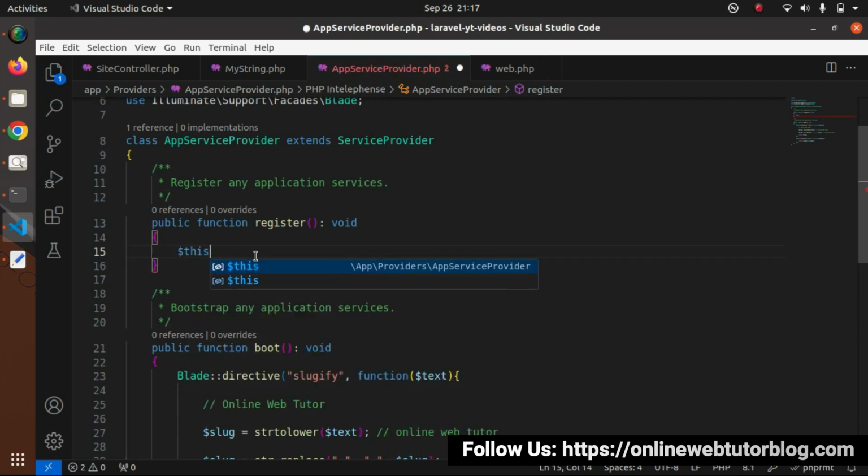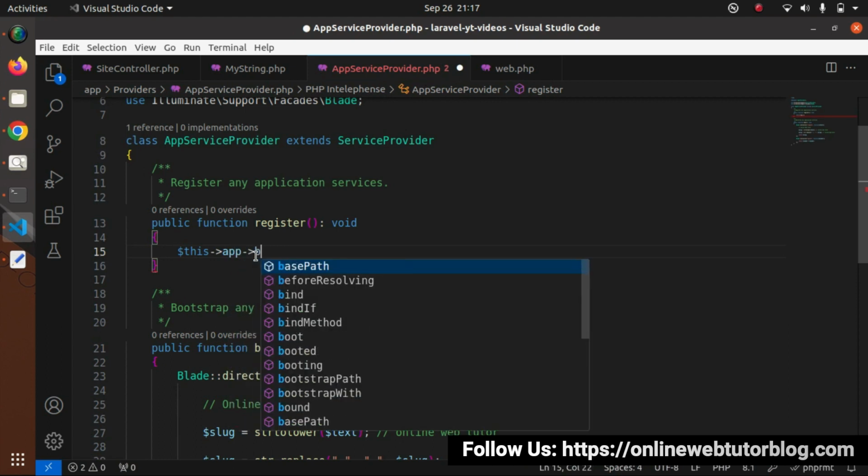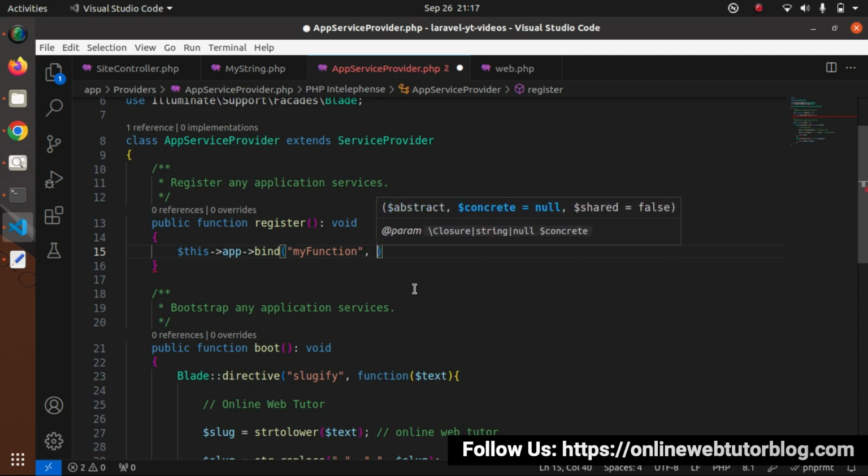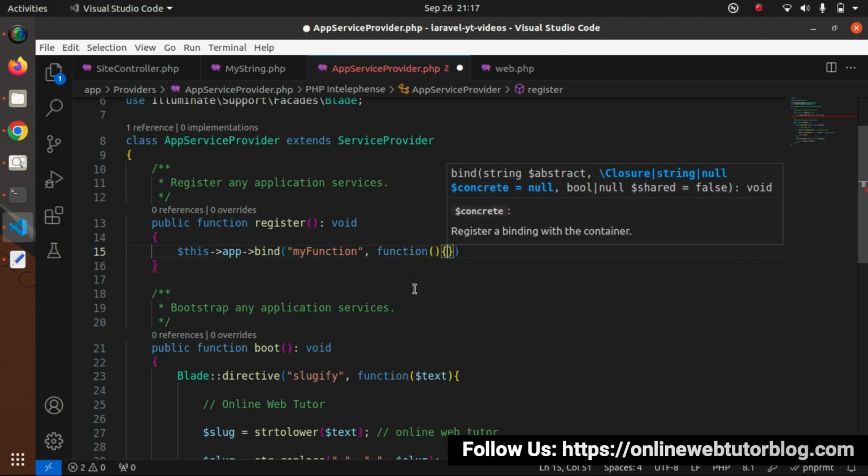I will call this app, it's an object. With the help of that, I will call the bind method. Look at IntelliSense, we need to pass our abstract name. So here, let's call it myfunction. Once we call this abstract name myfunction, we need to return an instance